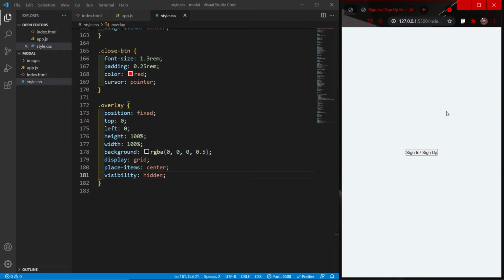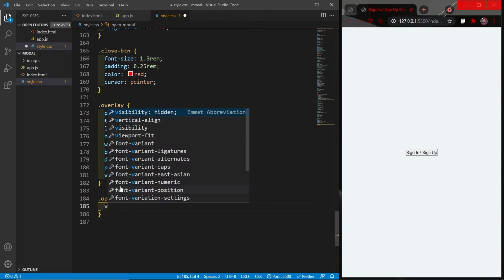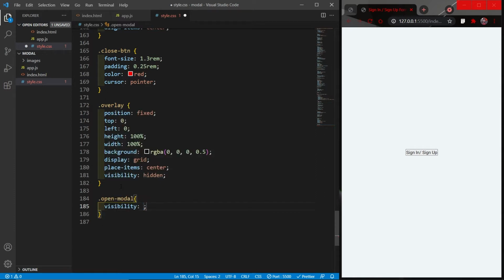So now what we want to do is when we click on the sign in button, we want our form to open. So for that I will use a class open-modal and the visibility of this class will be visible.